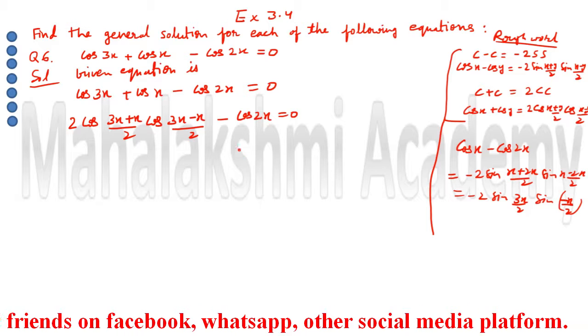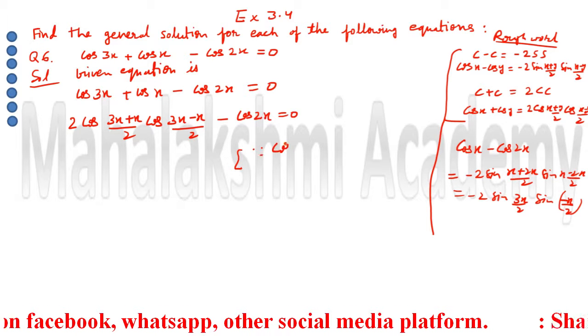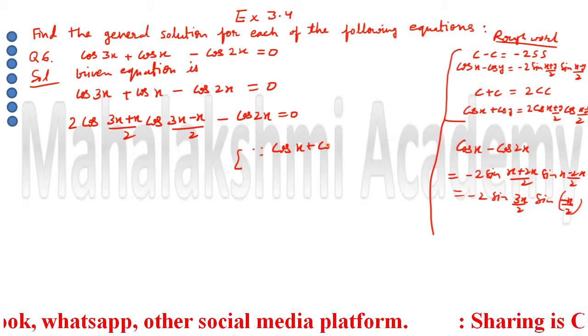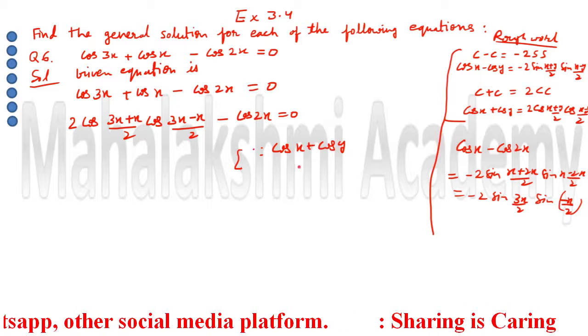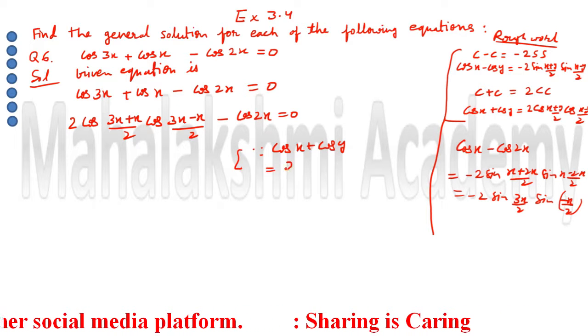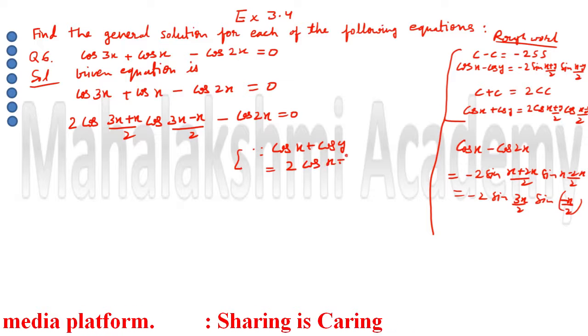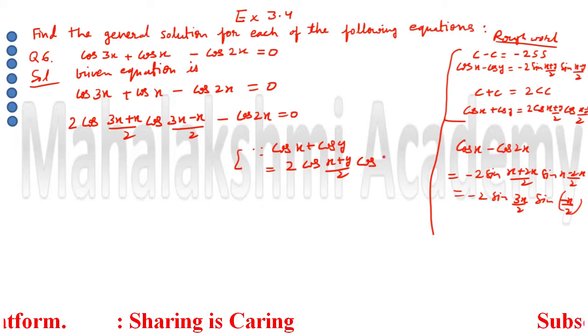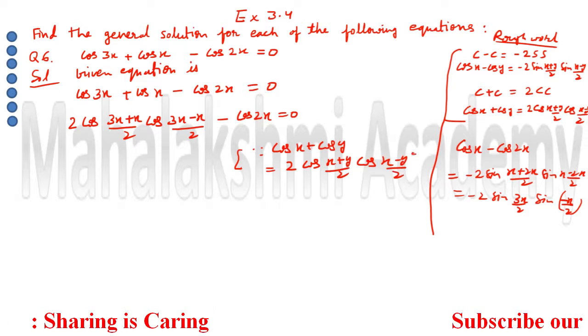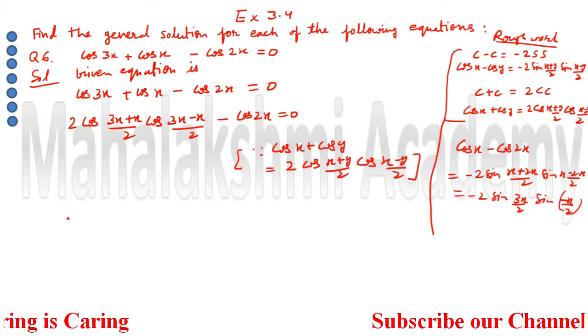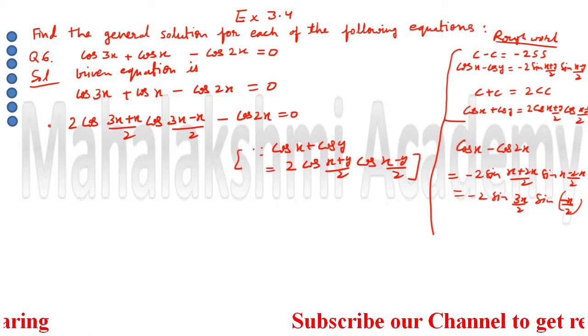The formula which I used I am writing here: cos x plus cos y is equal to 2 cos (x plus y) upon 2 and cos (x minus y) upon 2. So this formula I have used in this step. Now after this,